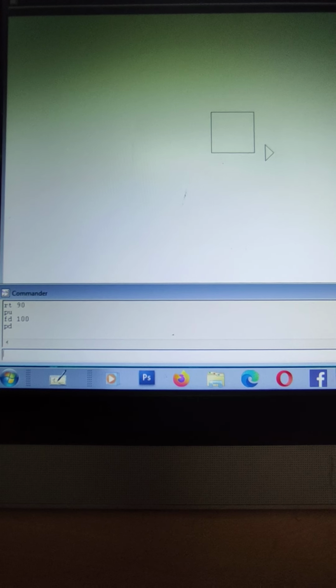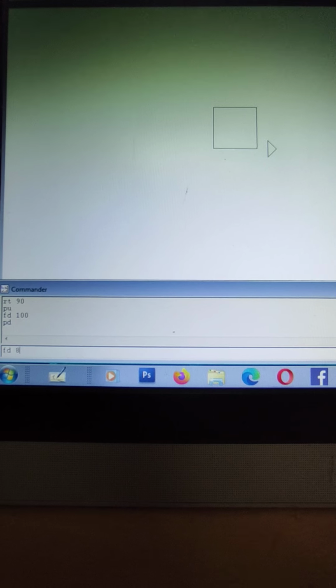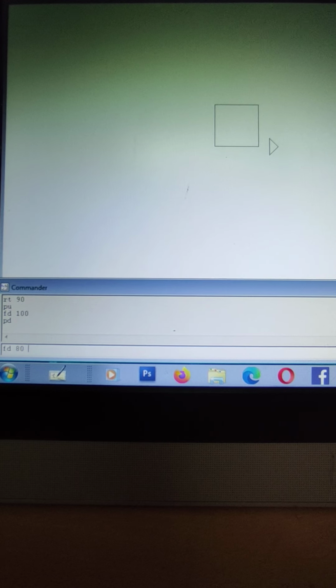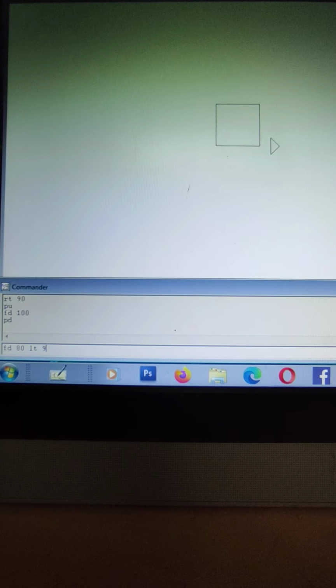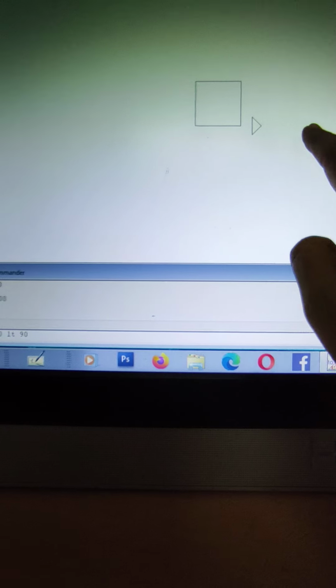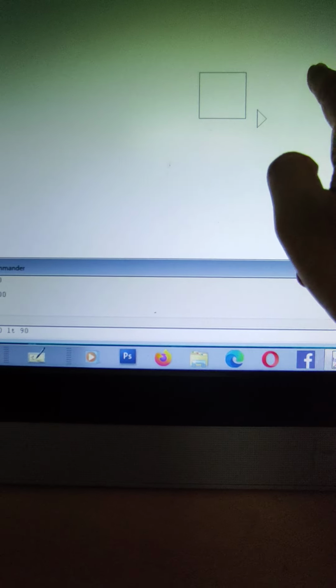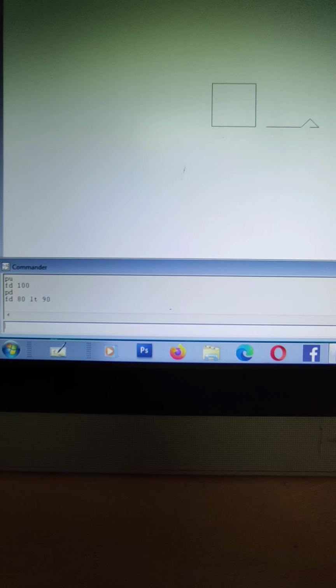Then after the PD command, you have to type FD 80 and LT 90. Because if you give FD 80 and RT 90, then the square will come here. We want your square here. That's why we will give LT 90.